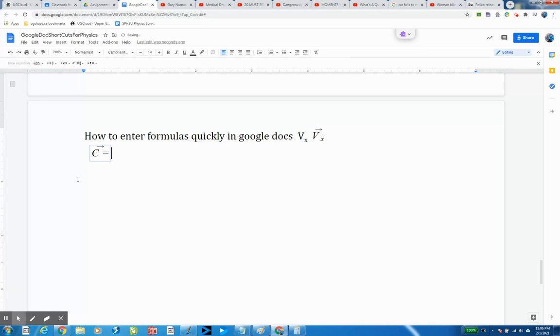So I'm going to go \vec, space, A, forward arrow, plus, and now I'm going to do vec again. Space. But this time I want to get fancy, and I put a stupid subscript on for no reason at all. I'm going to go in here, and I'm going to do this, and I'm going to go B and